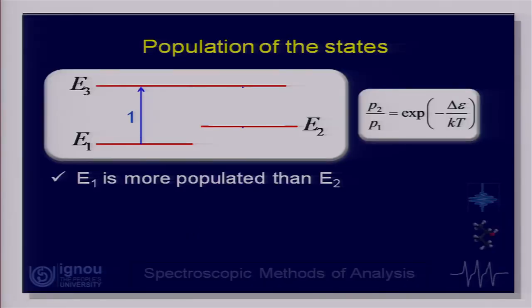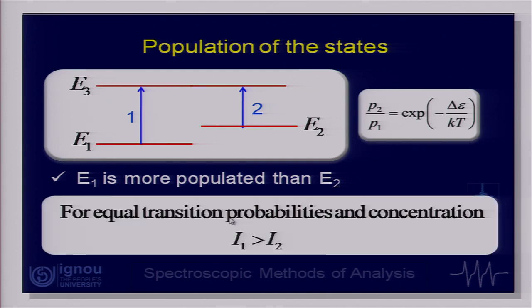Fine. Now let us talk about 2 possible transitions, one from say level E1 to E3, I call it transition 1, second from level E2 to E3 again. So, this is my transition 1, this is my transition 2. Now if I assume that the transition probability for these 2 transitions happens to be the same, then what we will observe is that the intensity of transition 1 will be larger than that of transition number 2, because in this case the population is more,